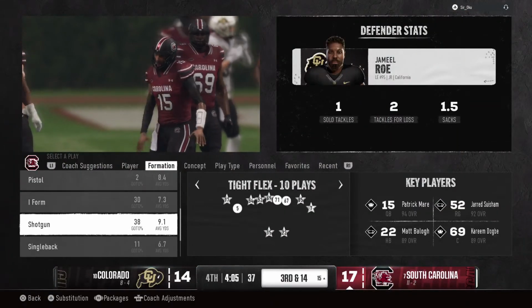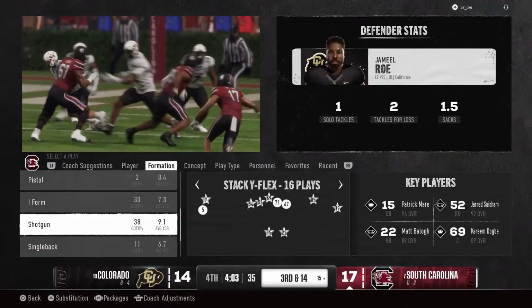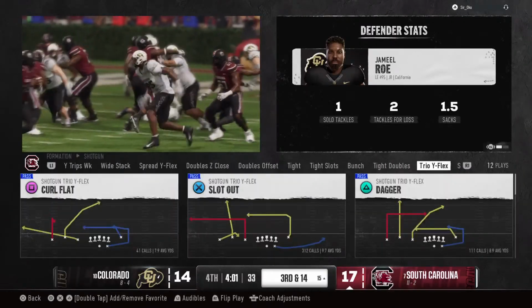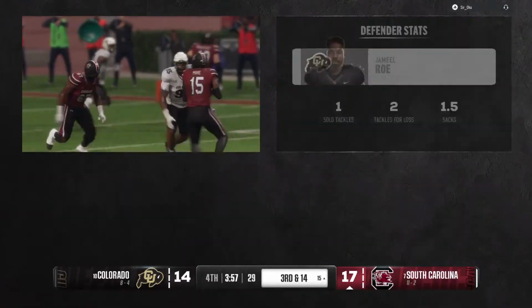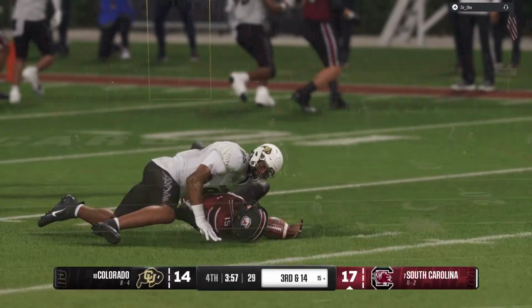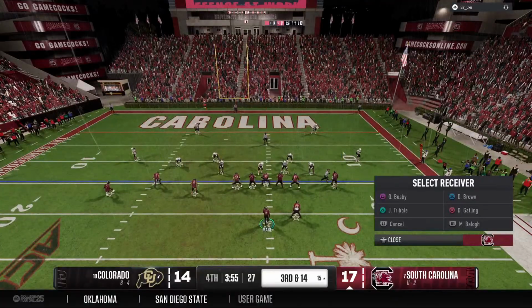Well, I love this defense and how they're playing some man coverage. And let's face it, when you do that, it's a bit risky. You can leave your defensive backs out there on islands, but the good combination of good coverage with good pressure on the quarterback, and you come up with sacks like this.